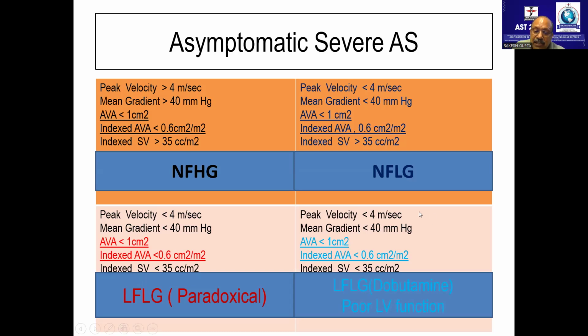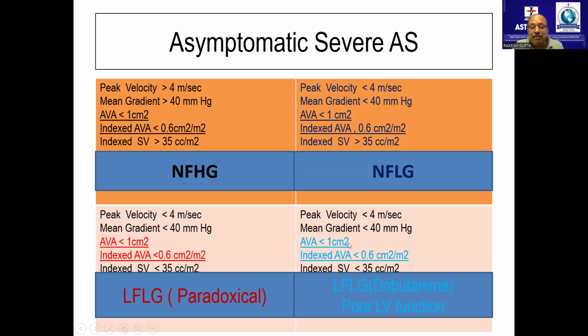And worst, when all these things have a normal LV systolic function, the ejection fraction in the paper says 54%, but I don't agree, because 54% is like somebody who had a 60% ejection fraction has fallen down to 54. Now we say normal, but it's not normal because earlier the ejection fraction was more than 60%. So the guideline says more than 50% or 54%, but I feel the ejection fraction should be at least 60% in aortic stenosis to call it normal LV systolic function.